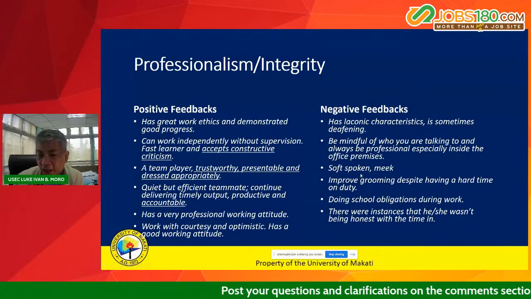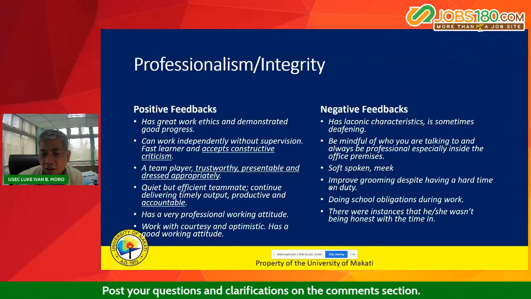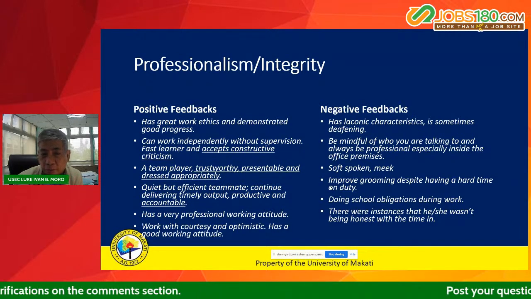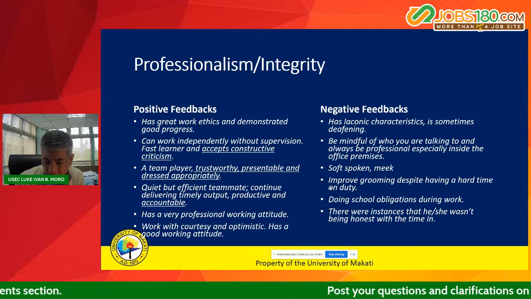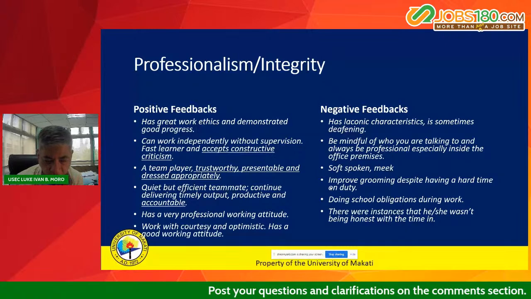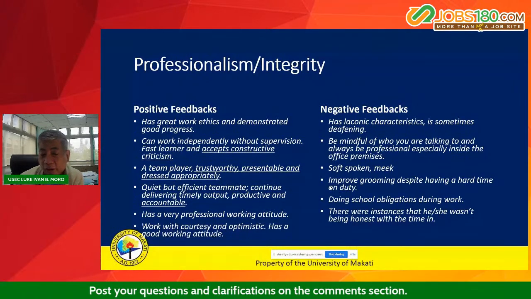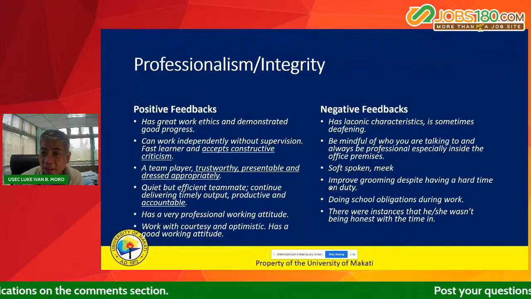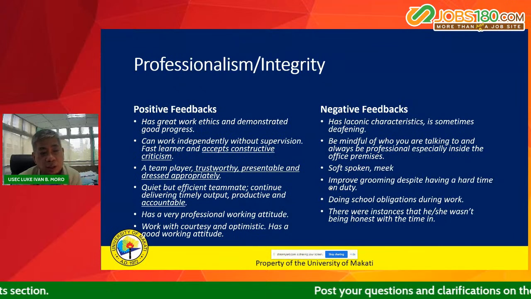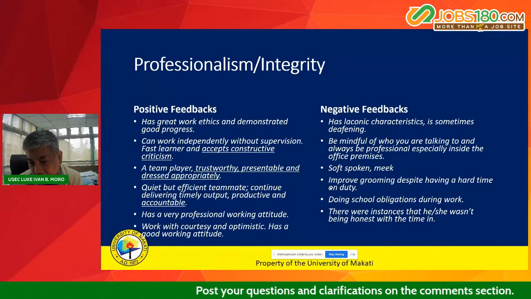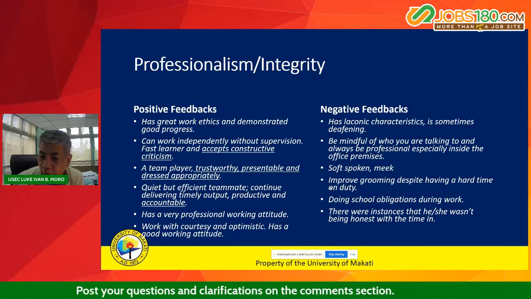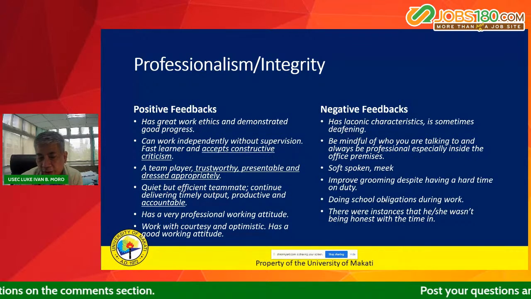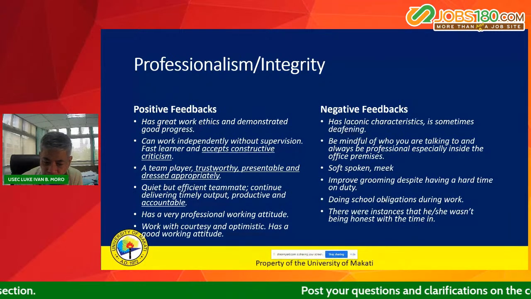And doing school obligations during work, yan. So, do not do that. Okay? So, you're there to work, so therefore, wag gawin sa workplace yung although this was during the pandemic, so hindi niyo to ma-violate siguro ngayon. Pero, students are quite guilty of this, di ba? I've experienced this also, yung nagkaklase ako, iba ang ginagawa ng mga students ay para sa ibang subject. Okay? So, hindi nyo pwedeng gawin yan in the workplace, in your OJT. Although right now, yung OJT ay online, still,